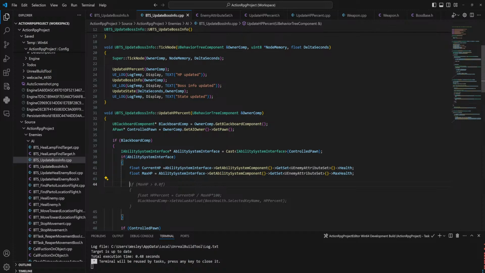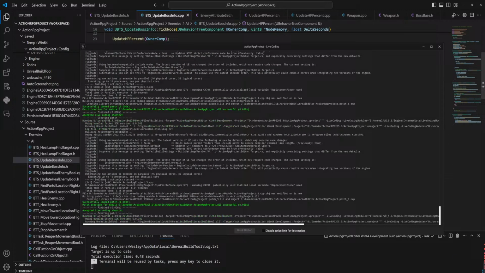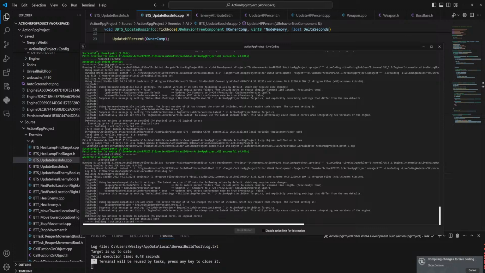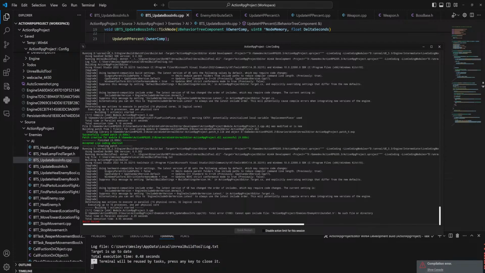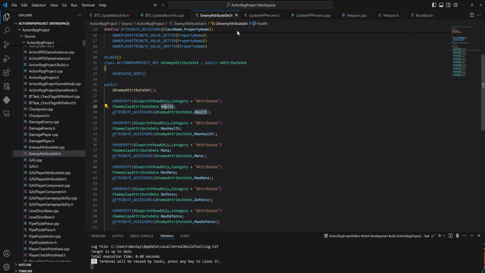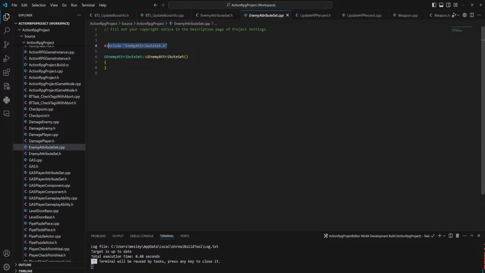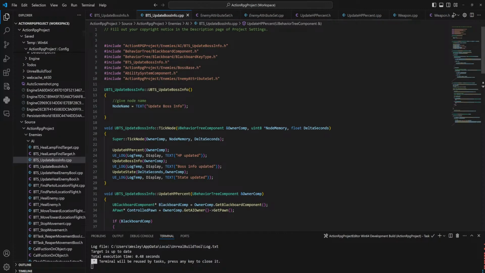Okay. I think that does what it needs to do now. Hopefully. So these kinds of things that are gameplay ability system specific, like how do you work with the interface stuff again? Okay, I cannot open enemy attribute set. Why not? No such file or directory. I'm willing to bet that it's right here. Maybe it just needs to be include enemy attribute set like it is in the CPP file here. So let's just do that instead.